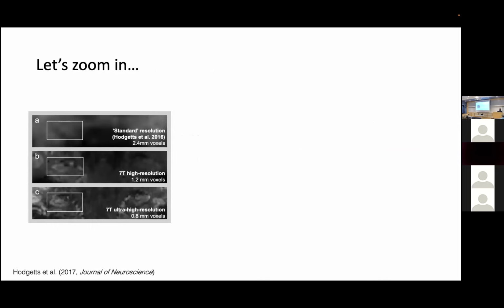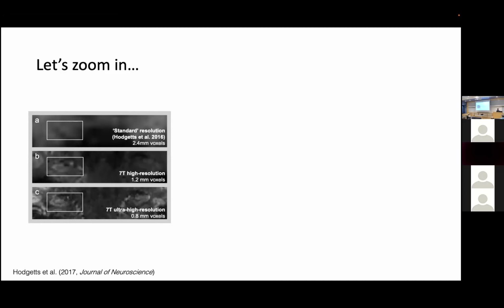We used 7 Tesla MRI to examine the role of different hippocampal subfields and also these long axis subdivisions in perceptual discrimination for scenes versus other categories of stimuli. And this figure is just showing the kind of gains you have from 7T. The top one is actually from the 2016 paper, where the hippocampus is just a gray mush. And then as we move to panel B, which is what we use in this task, we can already start to see some anatomical structure within the hippocampus. And then more recently, there's movement towards using 0.8 isotropic voxels